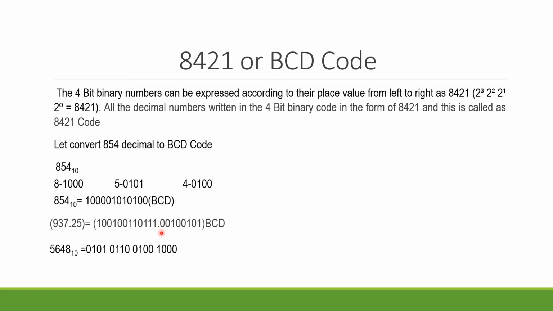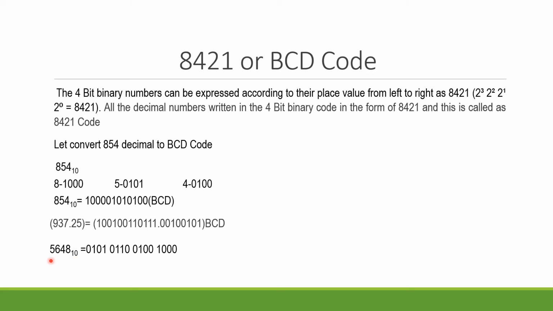This is the point. And for 2 we write 0010, and for 5 it is 0101. So this is the combined BCD code for 937.25. Similarly, if we are going to deal with a 4-digit decimal number, that is 5648, simply what we are